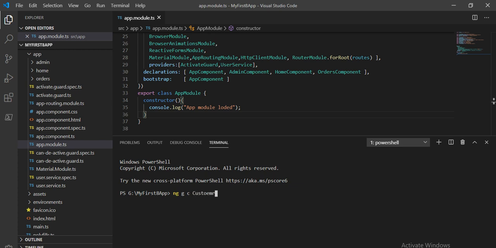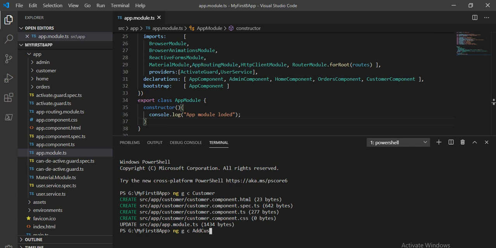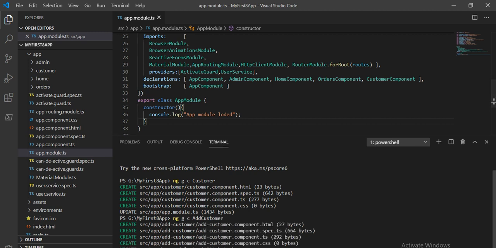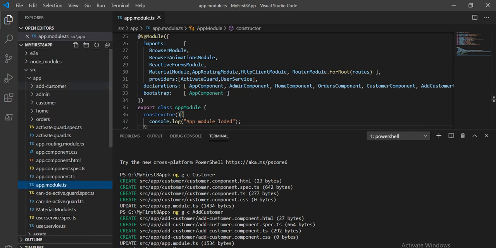First I will add the customer component, and after that I will add another component called add customer, which will come under the customer. So ng g c customer/add-customer means we are going to call this add customer from the customer component. Using this it will add the two components, and we can see them here: customer and add customer.